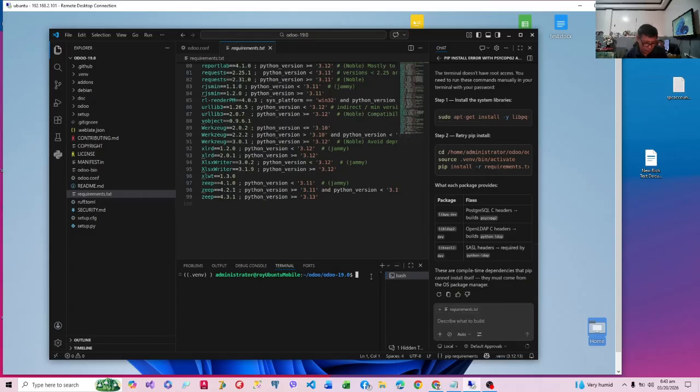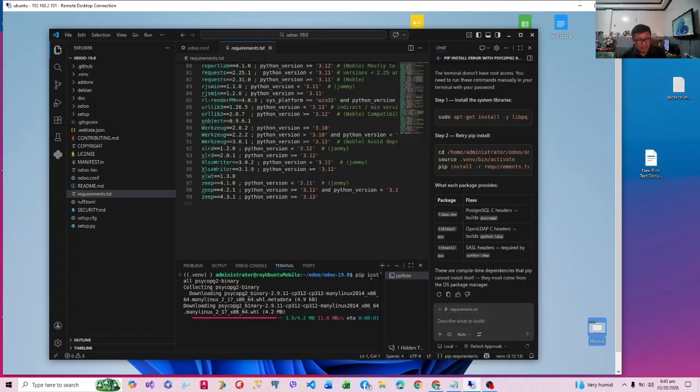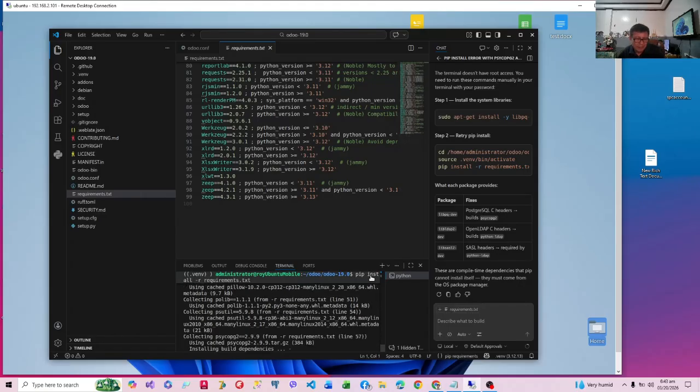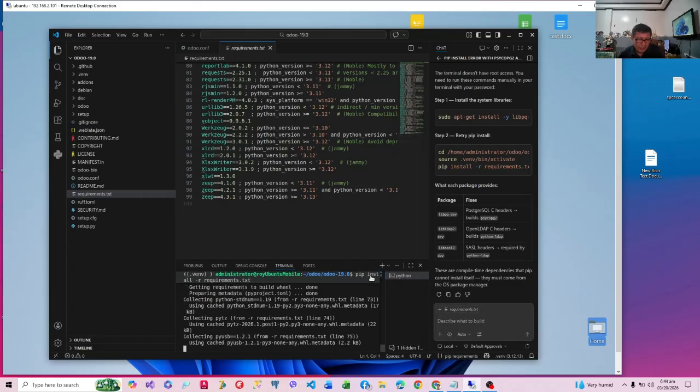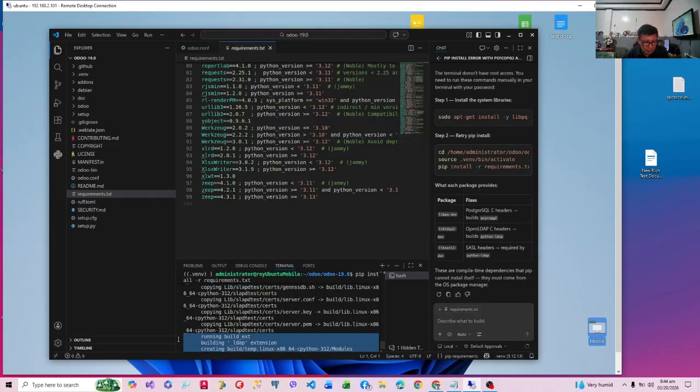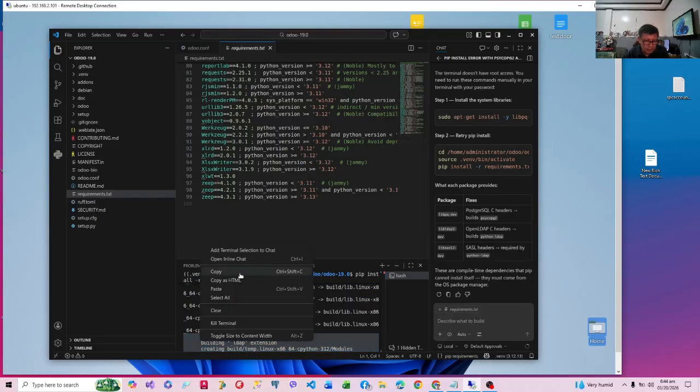I of course use the favorite ChatGPT. Okay, and let's redo the installation of the requirements. So not all problems will be solved by your Copilot. Let's go to ChatGPT.